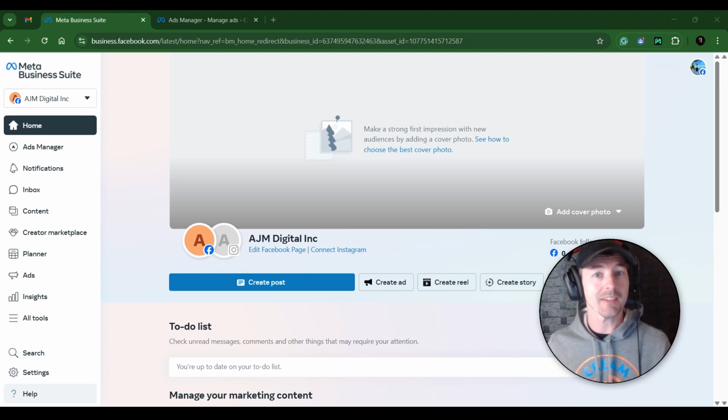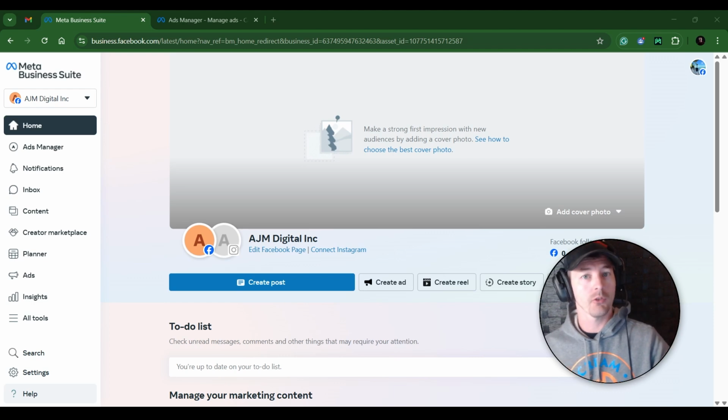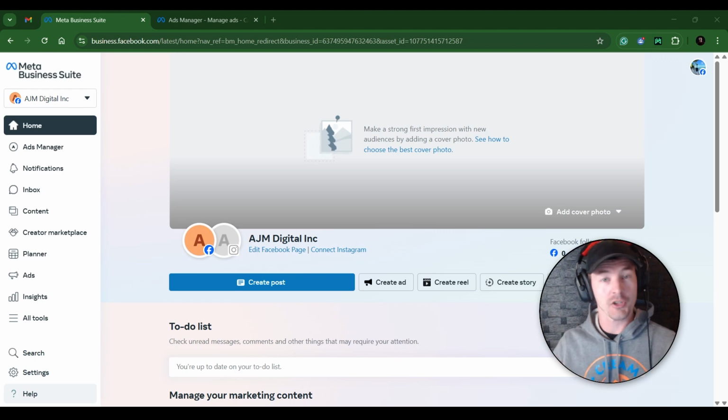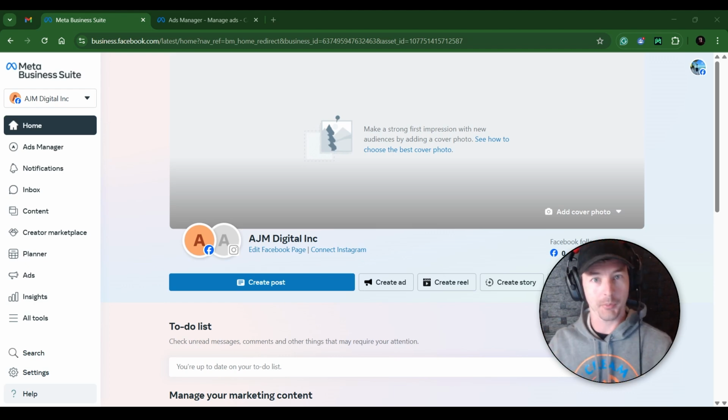I'm going to show you the ideal way to set up Facebook ad campaigns based on Meta's best practices, what they recommend in their documentation. And in this video too, I'm going to split it into two sections. The first section is just going to be the actual how-to step-by-step setup. And in the second section, I'm going to explain more of the theory and the best practices that are recommended